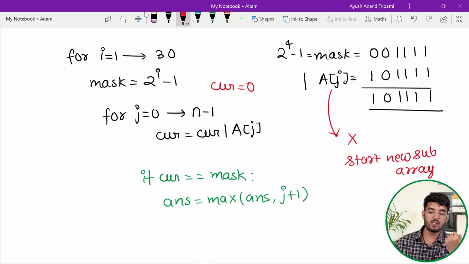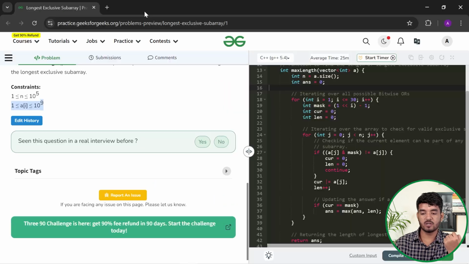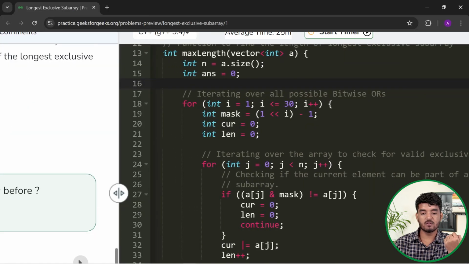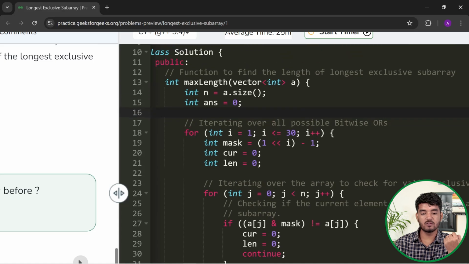So yeah, this is the complete solution. Let me just show you the implementation here. First I'm taking the size of this array A, in this maxLength method that you have to complete, initializing answer with 0, then iterating over all the possible values of the bitwise OR of an exclusive subarray,